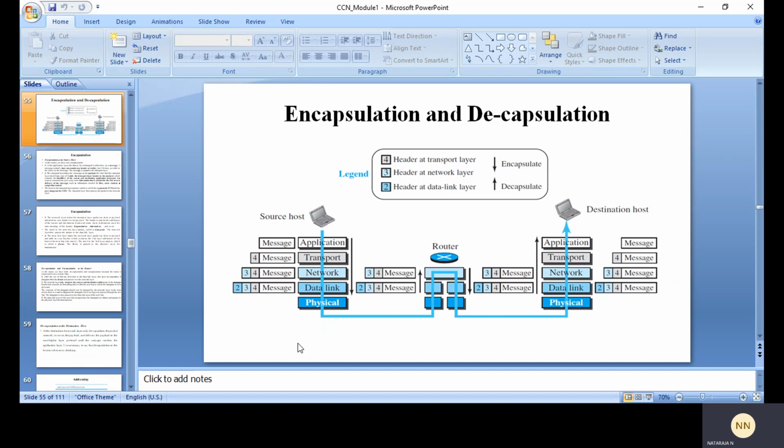Next we are going to discuss encapsulation and decapsulation in the router. At the router stage, we will discuss what exactly happens. At the router we have both decapsulation and encapsulation, because the router is connected to two or more links. That is why we need to discuss both here. The first point: the bits are delivered to the data link layer, and this layer decapsulates the datagram from the frame and passes it to the network layer, so that the network layer only inspects the source and the destination address.